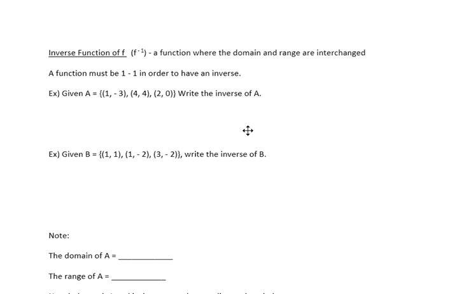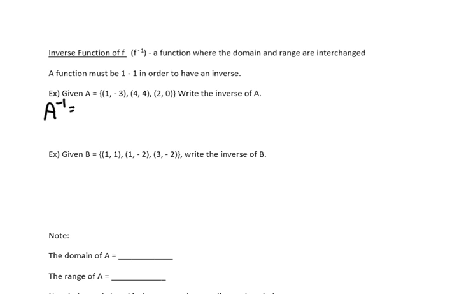So the inverse function of f, which is f to the -1st, symbolically, is a function where the domain and range are interchanged. Important note to make here: a function must be one-to-one in order to have an inverse. All right, so now I'm given A. I want to be able to write the inverse of A. Well, according to this then,